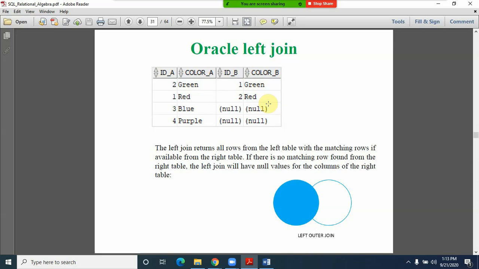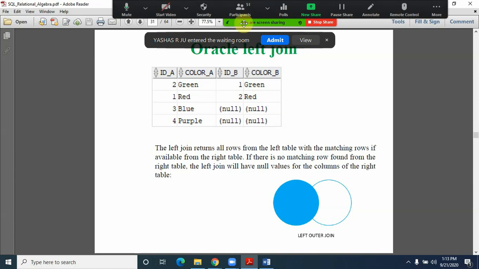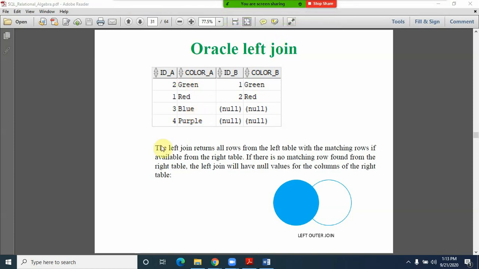But in this left join, the left table has given the entire records, whatever records we are having. If you observe the right table, palette B, it only contains two equal records, and all the other things got placed with null values, friends.